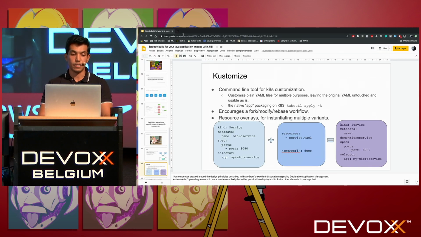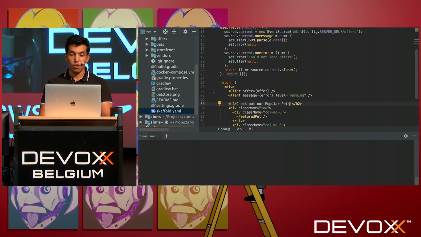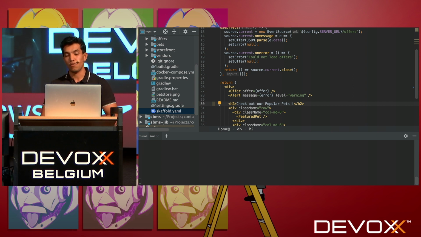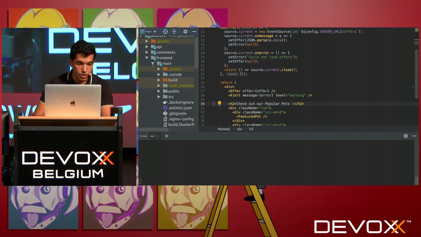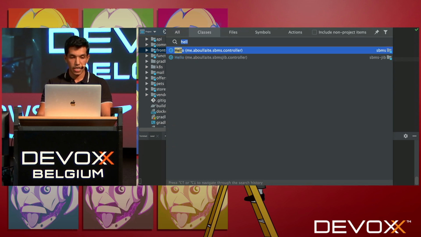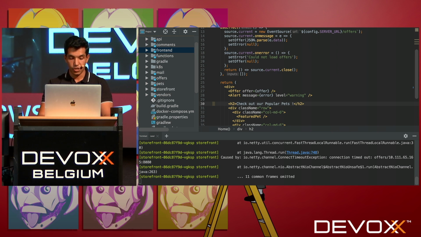like React, the application looks something like this. It's basically a simple pet store application, and you can see here that I have "check our popular pets." In development, React has this feature of hot reloading. I started the container of my front-end application using the Dockerfile, this one, and I'm using npm start, which supports hot reloading in development mode. So if I change the file home.js, and I add "checkout popular pets at Devoxx,"